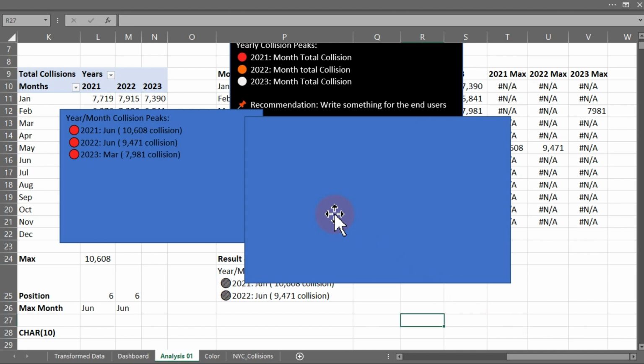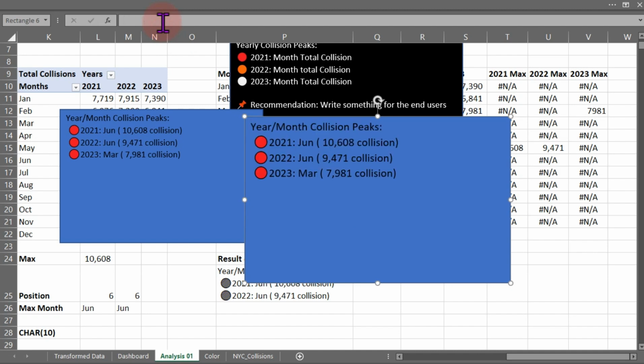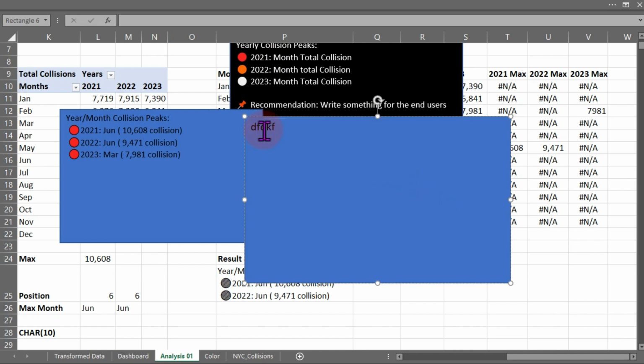So what I'm going to do now is just to go ahead and take off this from here. So now we have this. We can remove everything from here by typing something on our own. So now I'm going to type in the recommendation I want to give to the end users of this dashboard. So I'm going to say deploy targeted